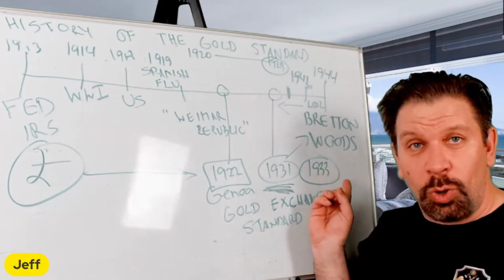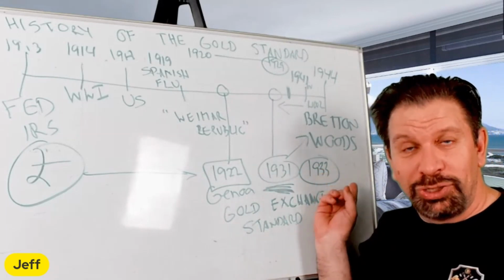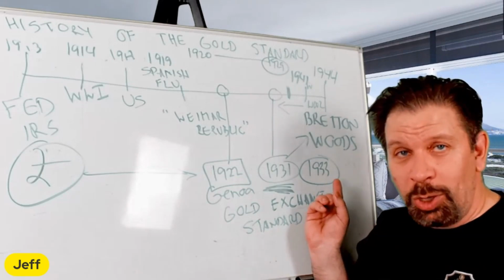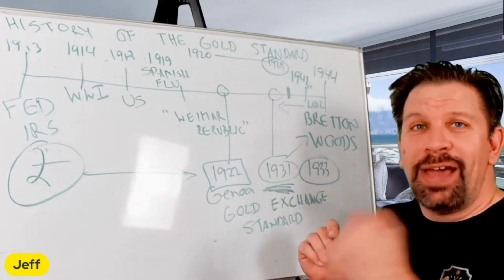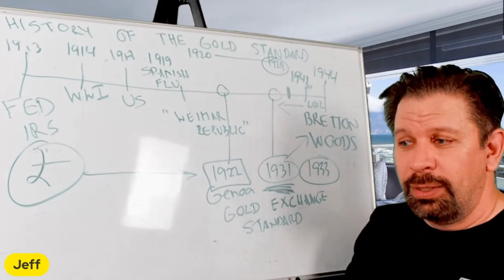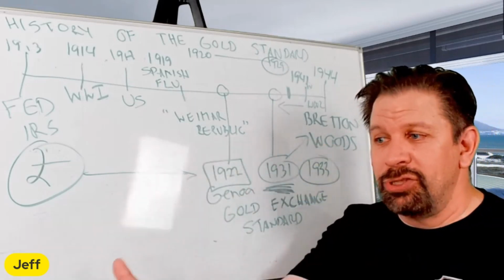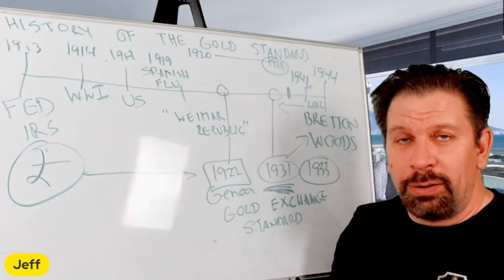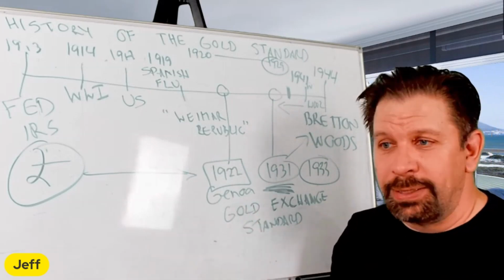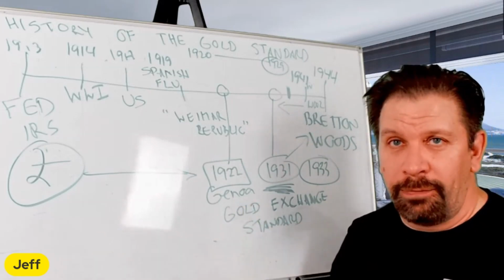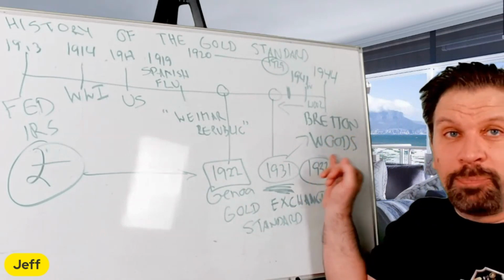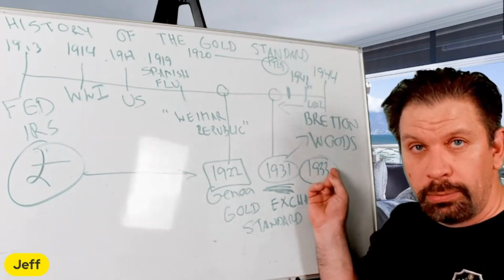Then they revalue gold to $35 in 1934. So the government just made money on the value that they gave to the average person. So the average Joe went from $14 for the ounce of gold to $21. Great. But now the U.S. went from 21 to 35. And then that was cemented at Bretton Woods after World War II ended, or near the end.